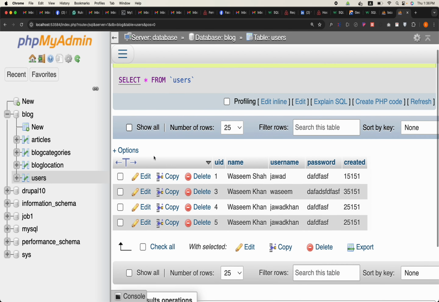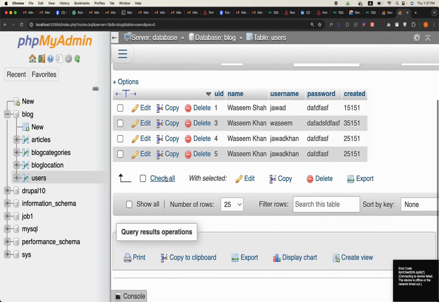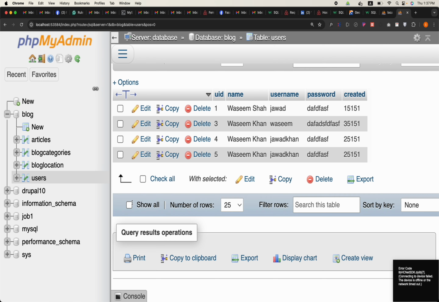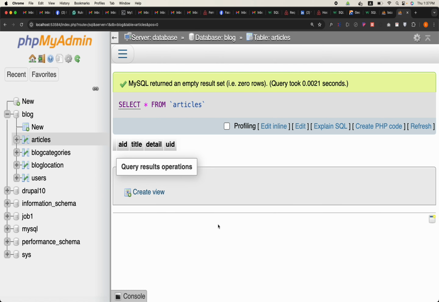Maybe there is some permission issue here, blog location working articles. Maybe this user doesn't have full permissions, that's why, from the phpMyAdmin interface. So we'll continue with creating articles in